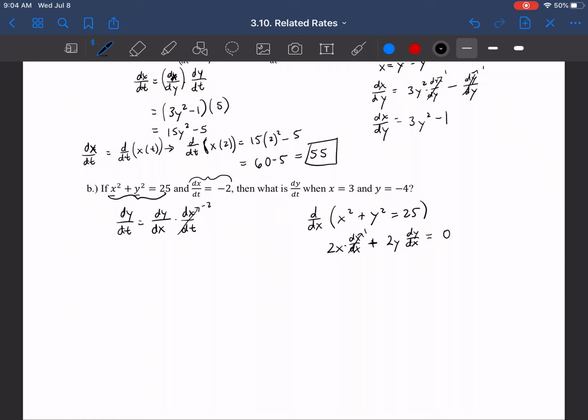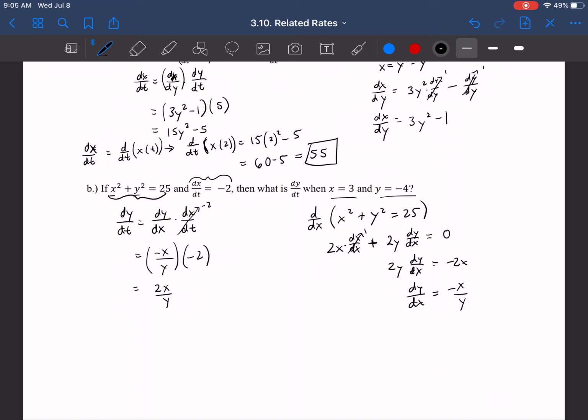We can subtract the 2x over, divide by 2y, and we end up with 2y dy/dx equals -2x, divide by 2y, dy/dx equals -x over y. All right, and there's dy/dx, which means we can come back over here and substitute it. This is -x over y times -2. And that gives us 2x over y. And then if we want to plug this in, they're asking us when x equals 3 and